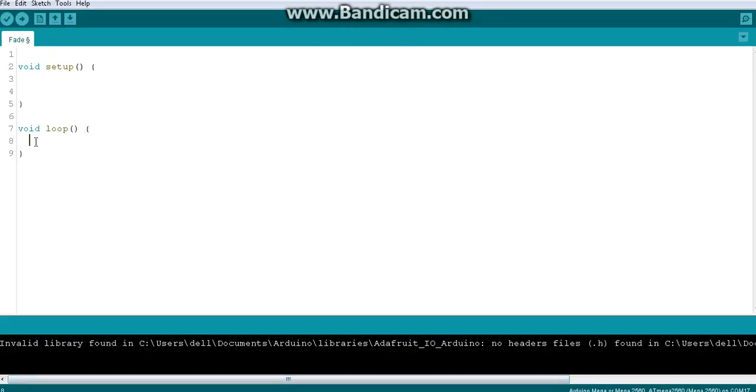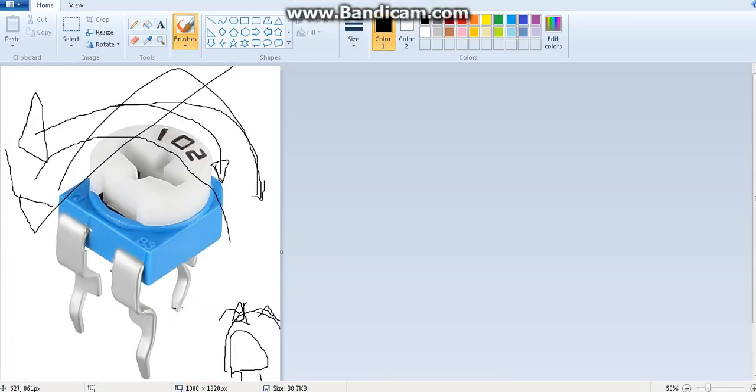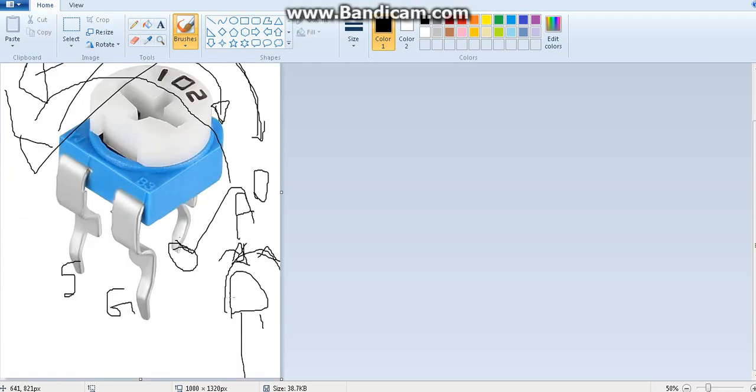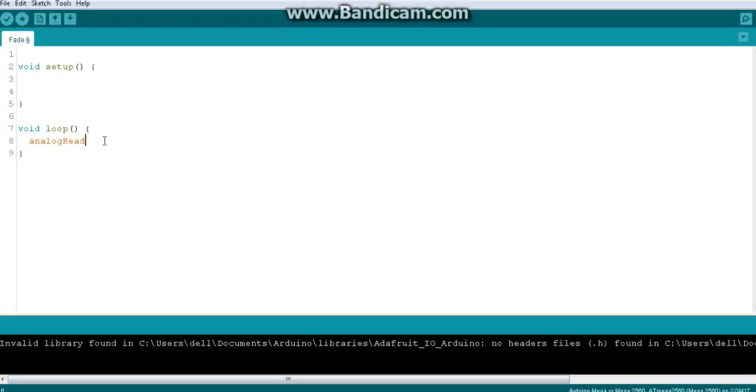Cool. So anyway, we will write 2 lines. First we do an analog read, right? So let's analog read A0, because let's say I am connecting the middle pin from this variable resistor to A0. I explained these things in the previous video. So 5 volts may be here, ground may be here, or the other way around. Anything is comfortable, you can go for that. Since I am connecting to A0, and you can connect to any analog pin, that's totally fine, I will read the A0 pin.